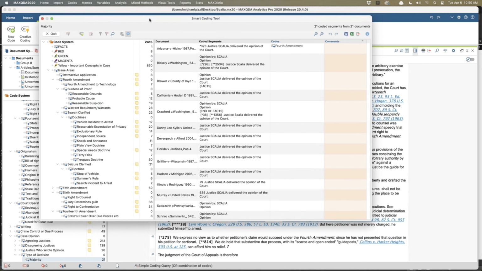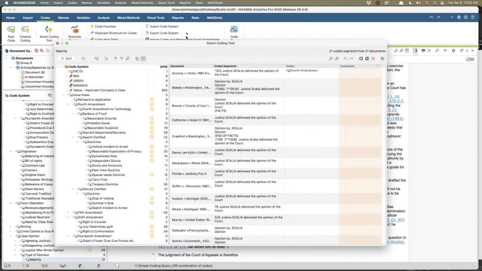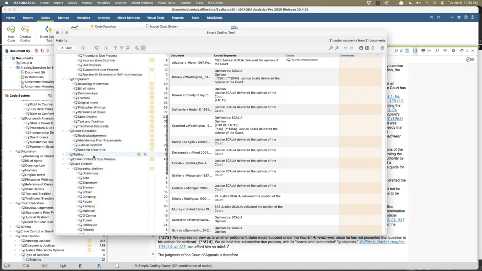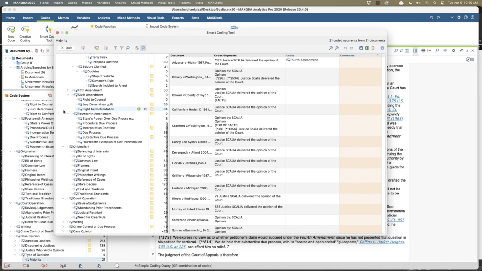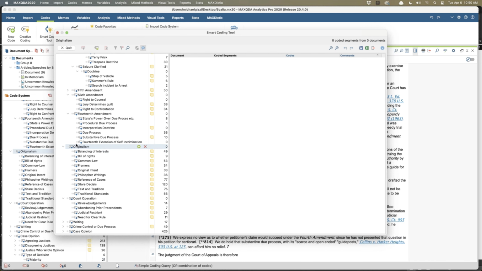What the smart coding tool is useful for is when you already have existing codes. Let me clean this up. There's so much stuff. All right, so this is what I'm interested in. Originalism.